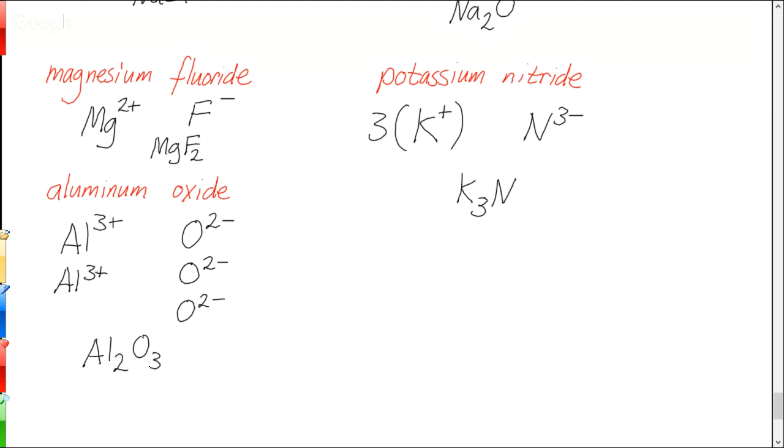Having stranger imbalances than that doesn't happen much, but the 3 to 2 one is pretty common because there's quite a few 3+ ions. There's quite a few 2- ions. There's also 2+ ions with 3- anions. So when that happens, just know that you need to go 2 and 3, and then you just switch the subscript for whatever the charge is. So if it's the one that's 3+, you get 2 of those. If it's the one that's 3-, you get 3 of those.